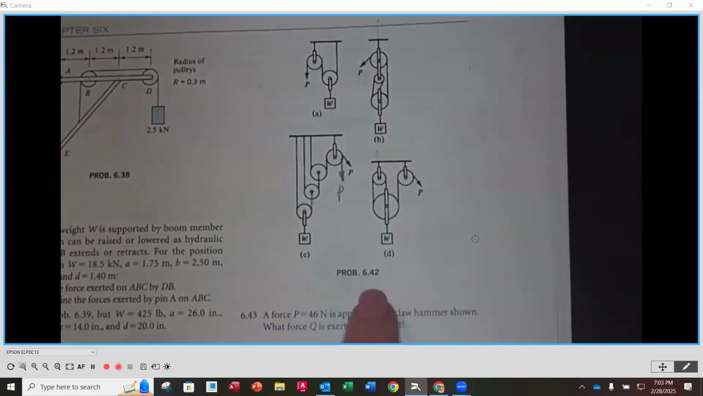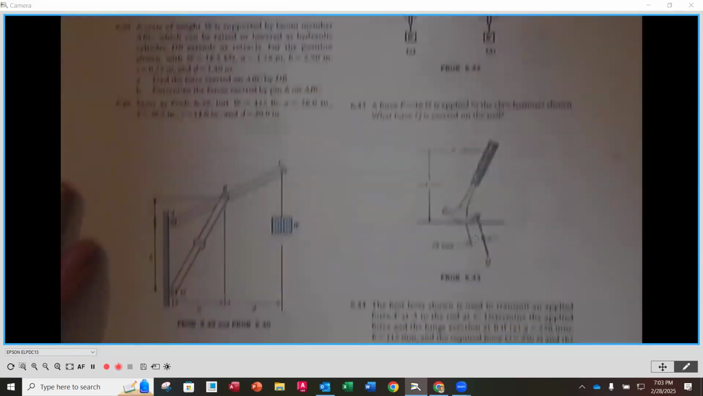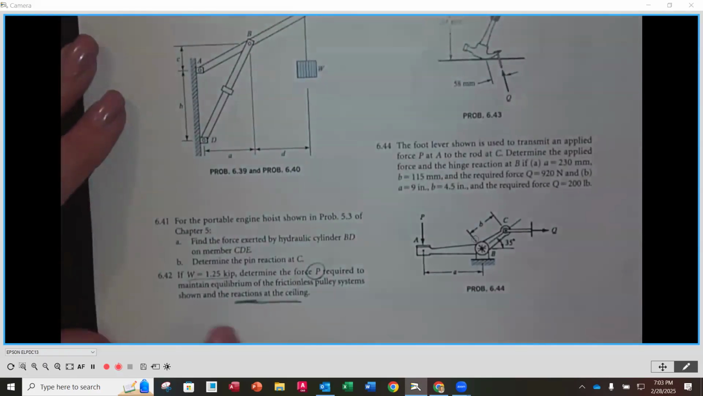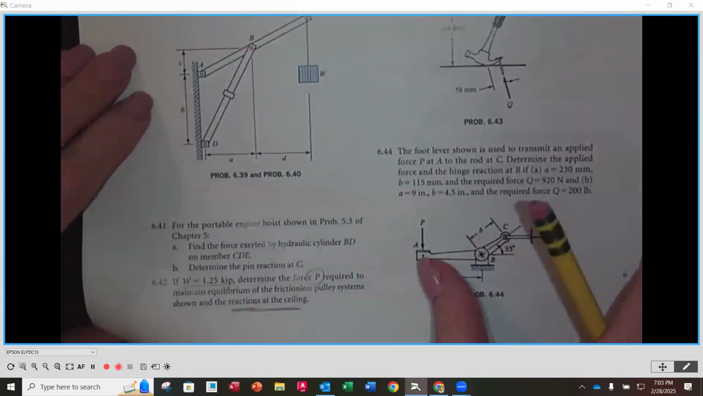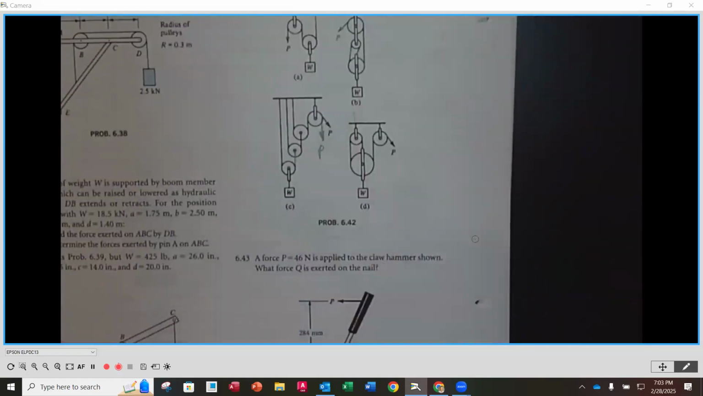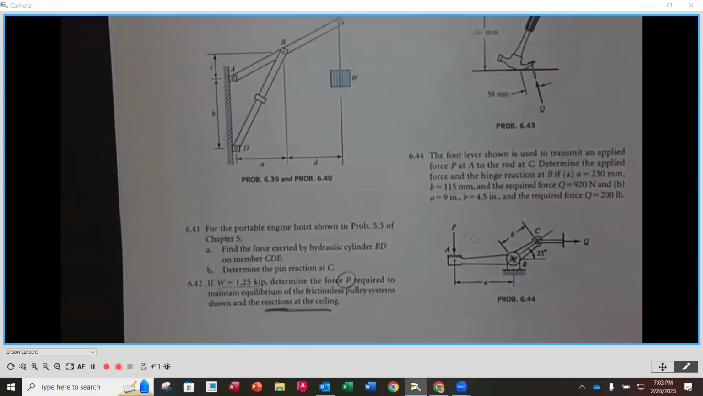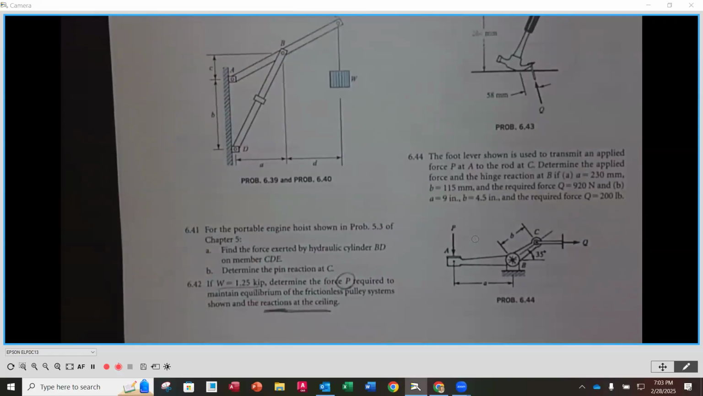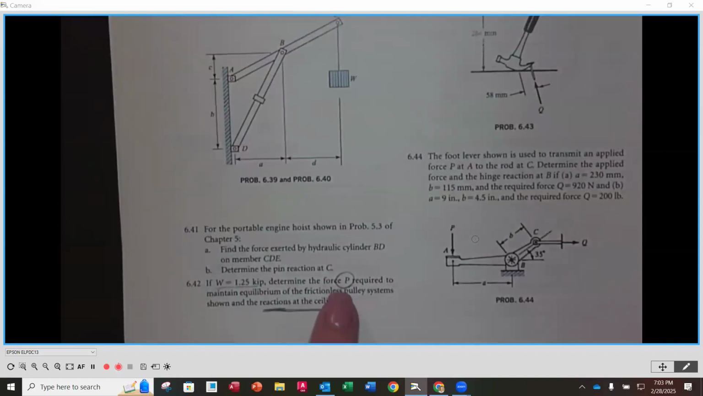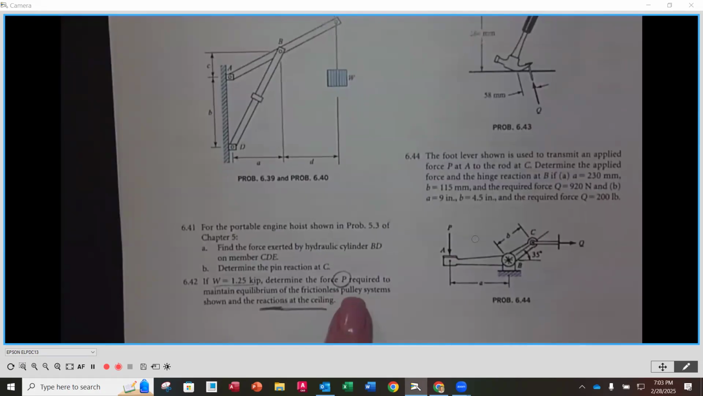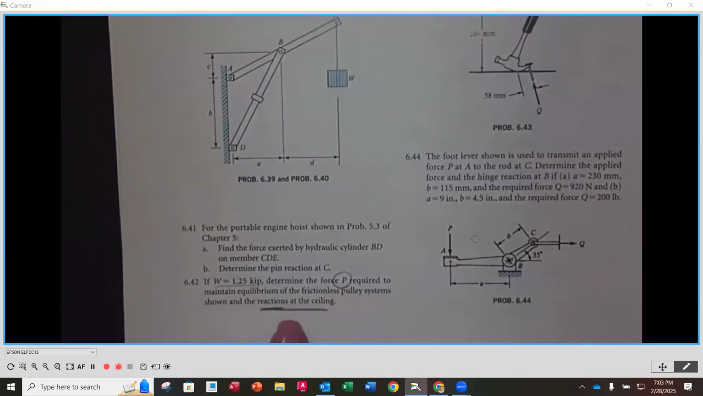Now, for problem number 42, the problem statement is at the bottom of the first column, and the illustration is at the top of the second column. So for the information that you need here, it says W is 1.25 kips. They want you to determine P for each one, which is that pulling force that we pull down with on each one of the pulley systems, required to maintain equilibrium of the frictionless pulley systems shown